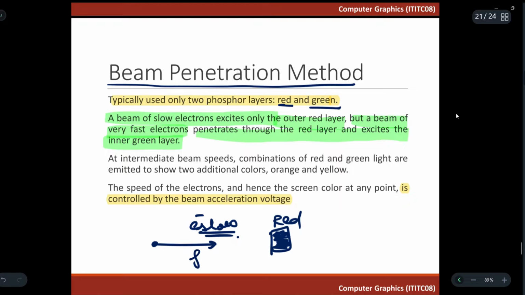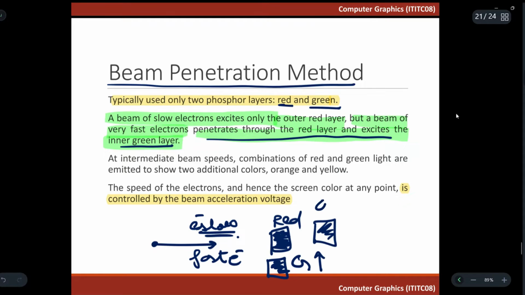Only this layer will be excited when the electrons are slow. Now a fast electron beam will excite the green layer. That is, it will penetrate through the red layer and excite the inner green layer. This will be the green layer over here. The fast electrons will pass through the red layer and excite the green layer over here, whereas the slow electrons will only excite the outer red layer. Now let us discuss that at intermediate beam speeds, a combination of red and green light is emitted